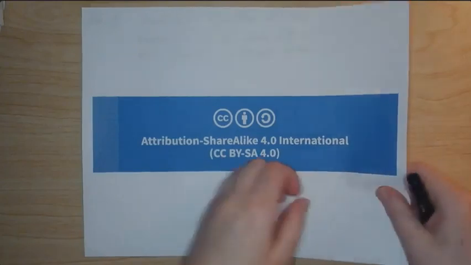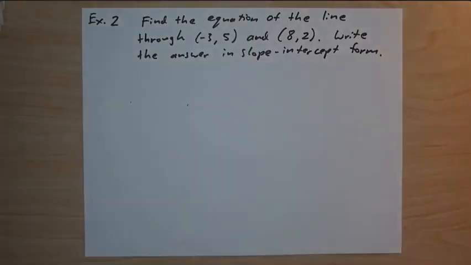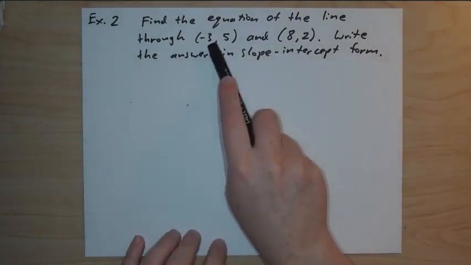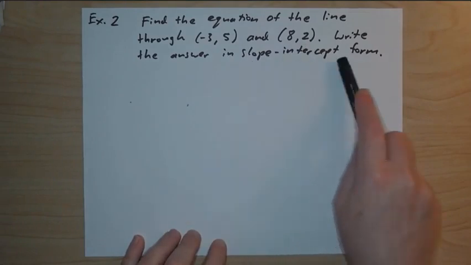This is Lab 12, Example 2. We want to find the equation of the line through the point (-3, 5) and the point (8, 2). Write the answer in slope-intercept form. So if we have a line that goes through these 2 points, and we want to write it in slope-intercept